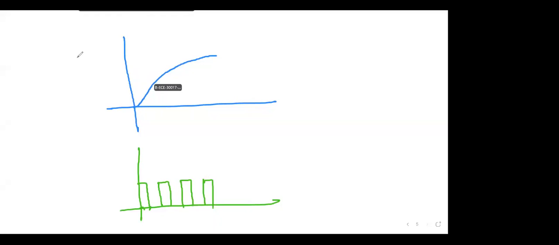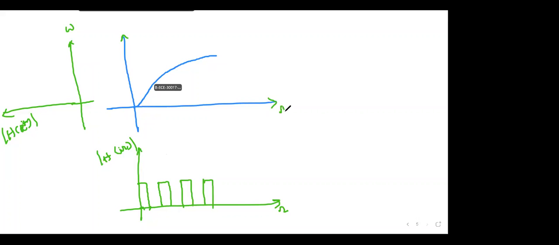But when you map into the digital domain, this is the digital domain, say omega versus the magnitude mod H of e power j omega. This is omega versus the mod of H of j omega. So this is the analog filter. We have already designed that, mapping to the digital domain through this transformation. This transformation is omega t versus omega. This is the relation. With this relation, if you transform, what will happen?